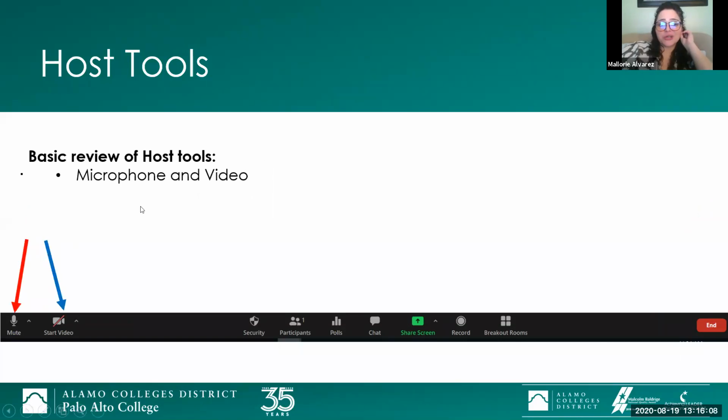Okay, so the first thing that we're going to be touching upon is the microphone. So all of you are going to see that you have a microphone and a video, and you know whether these options are working or turned off. If you see a red line dashed through, then that means it's shut off. So for this example, you can clearly see that the microphone is on and that there's a red line through the start video, so that means your camera is off. And if you ever want to change any of these options, you would simply click on them.